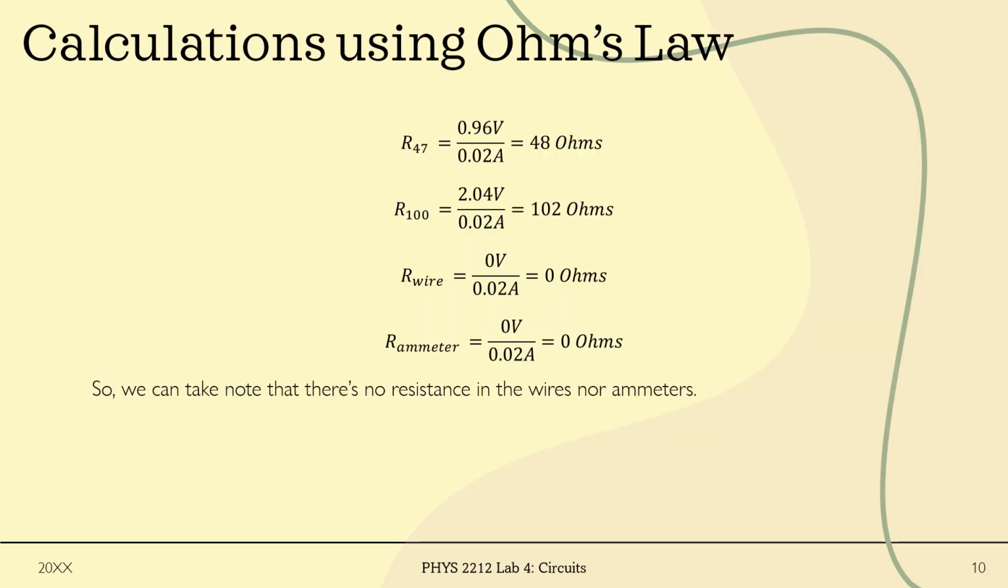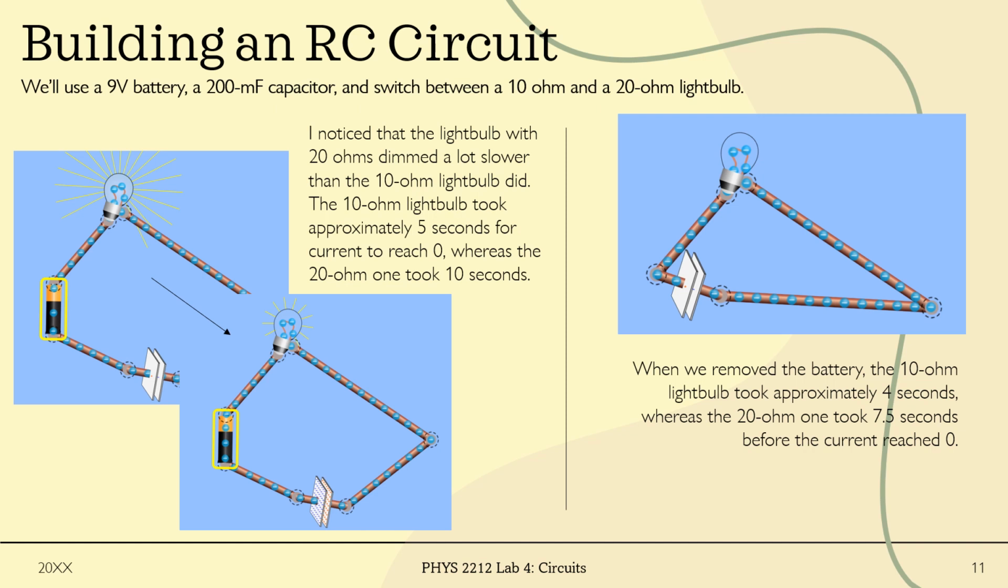Using Ohm's law once again, we found that there were 48 ohms in the 47 ohms resistor and 102 ohms in the 100 ohms resistor, and 0 ohms in both the wire and ammeter, so that means that there's no resistance in them. Then we got to build an RC circuit using a 9-volt battery and a 200 mF capacitor, and we